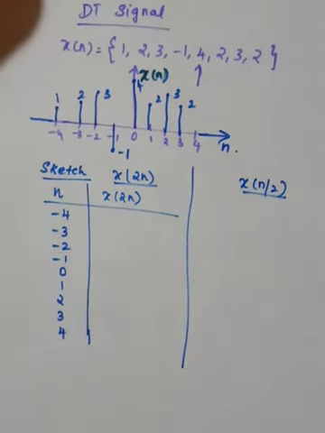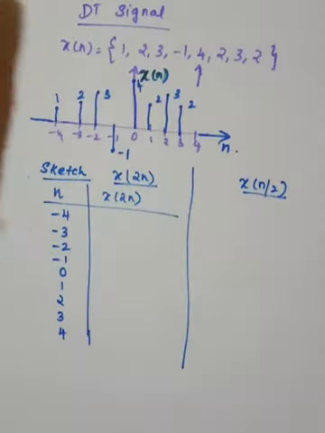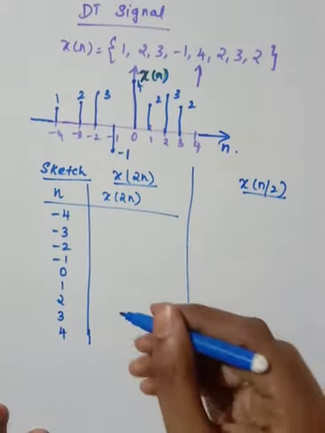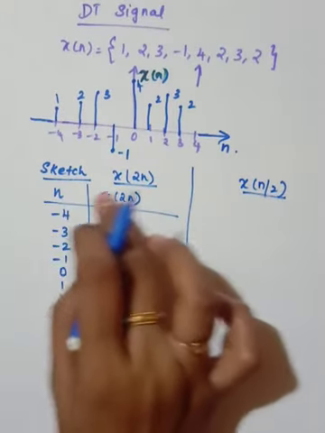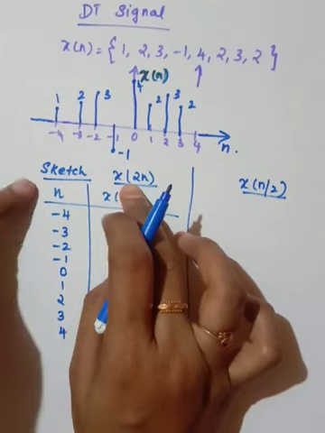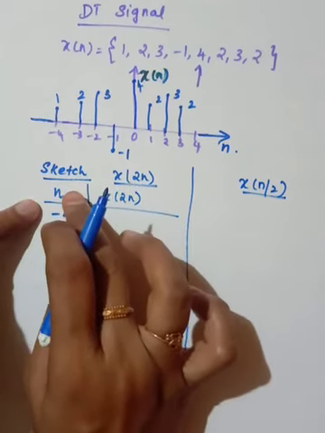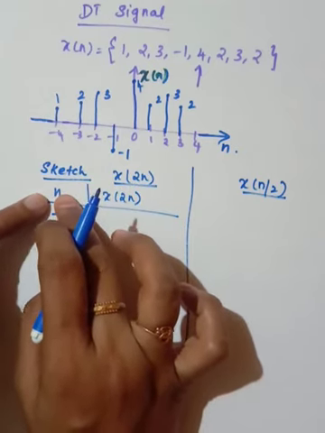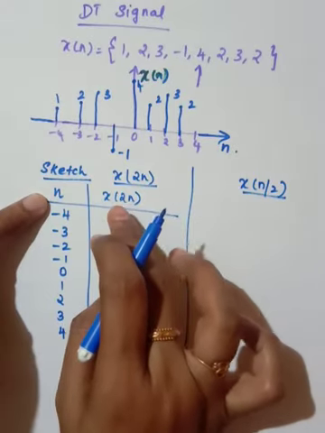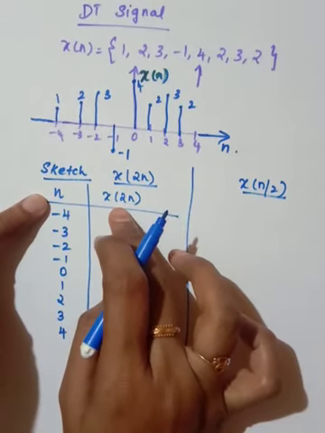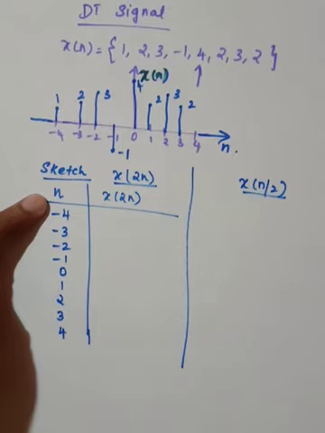In a discrete time sequence, since there is no mathematical expression, there are no two methods. There is no need to do it in two methods. You just do it by visual inspection and by using some techniques. Now here I need to find x of 2n. The first step is I am going to have here n, and here whatever you are going to scale, that function, that is x of 2n.